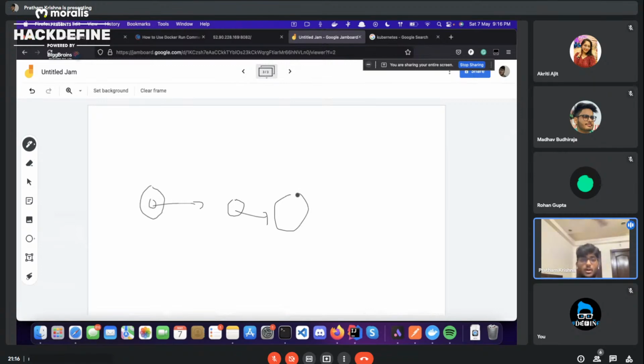Pods are the smallest part of what Kubernetes actually does. What exactly happens is, let us say your containerized application is broken or it has corrupted the file system.